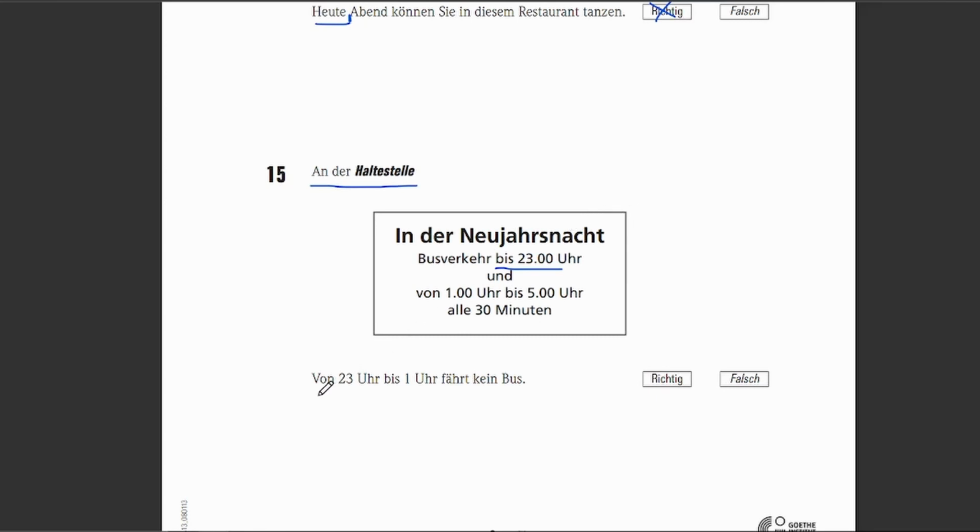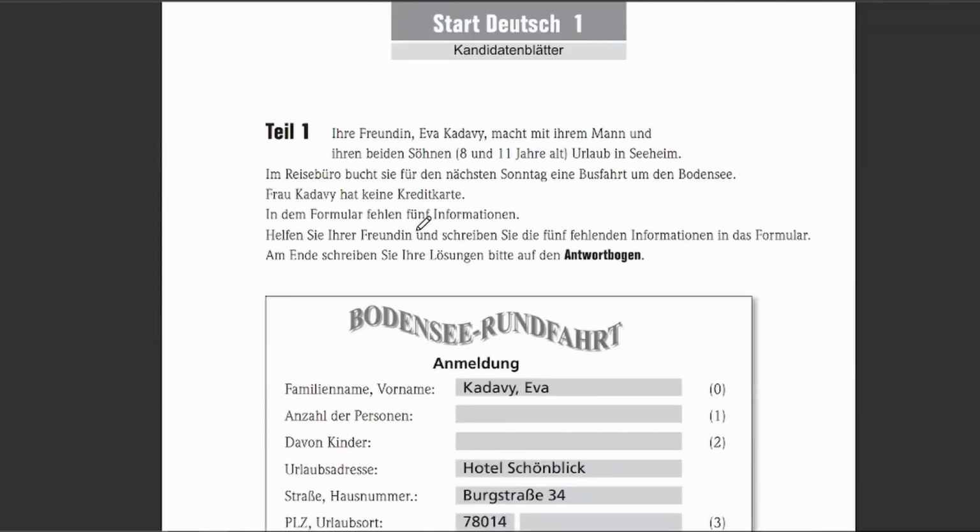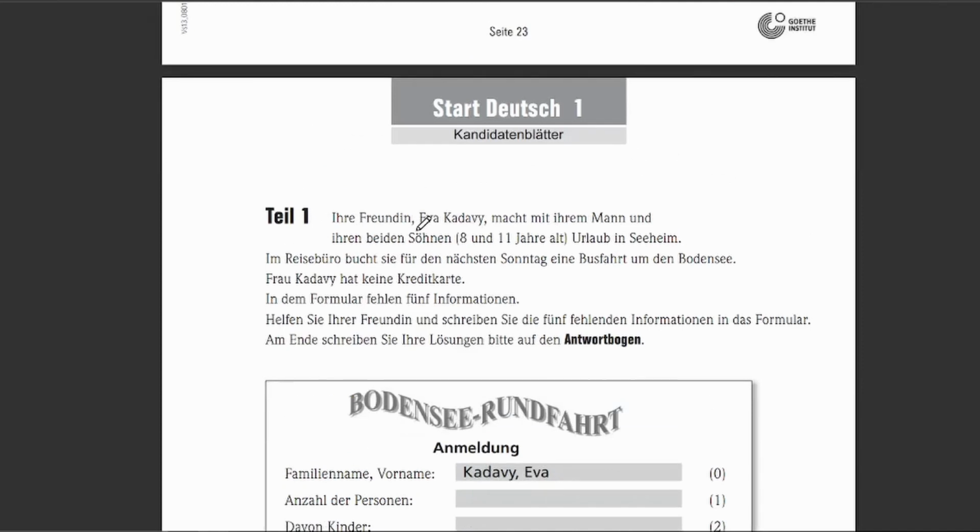Von 23 Uhr bis 1 Uhr fährt kein Bus. Yeah, of course. The bus is available only until 11 o'clock. In between there is no bus. Between 11 o'clock and 1 o'clock in the morning, it's therefore richtig. Okay, let's see one more section